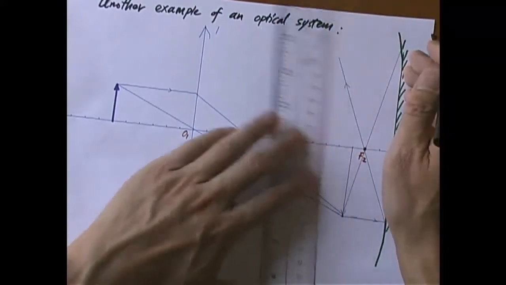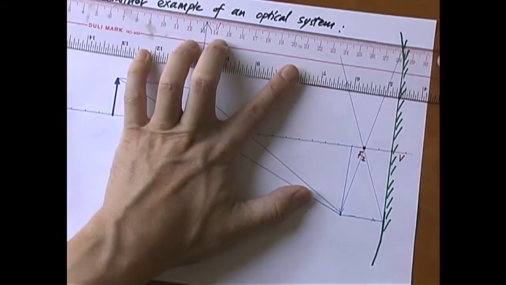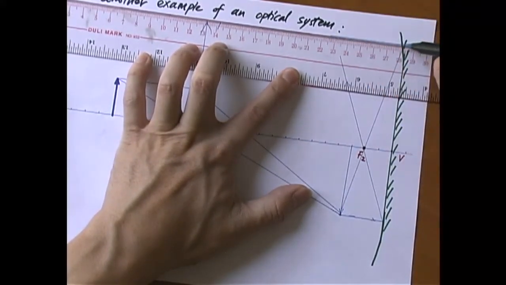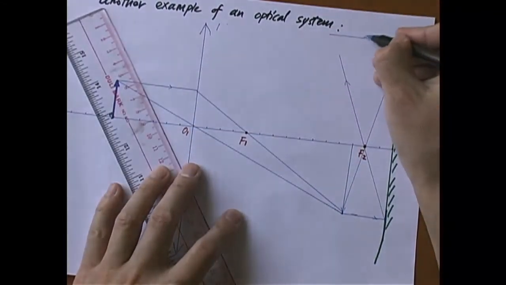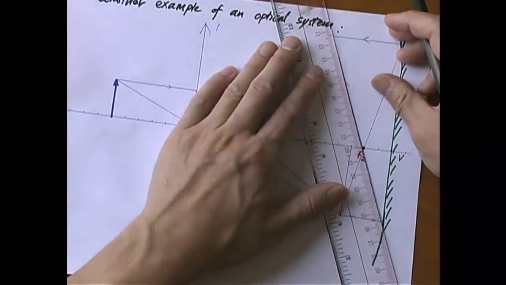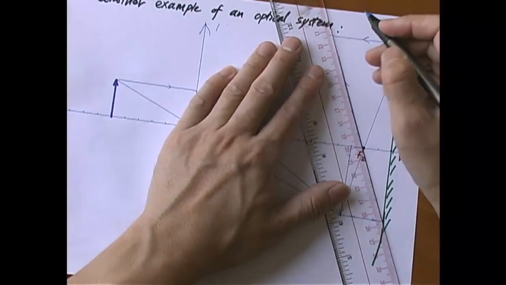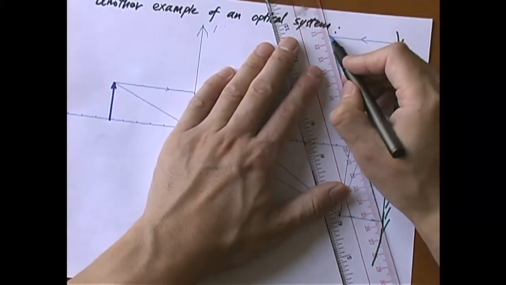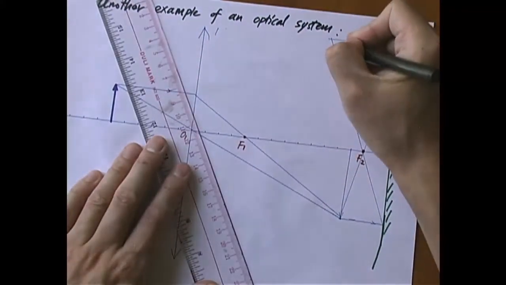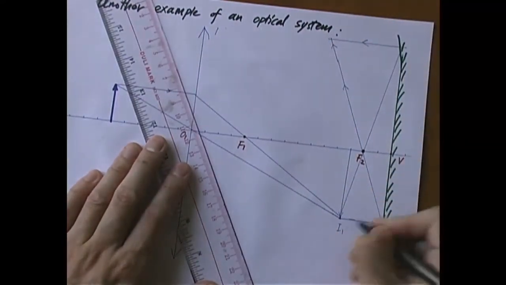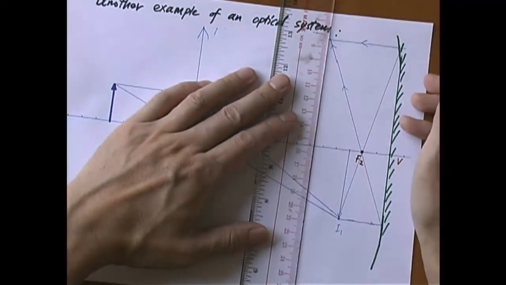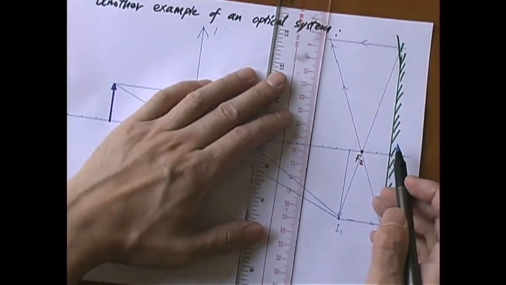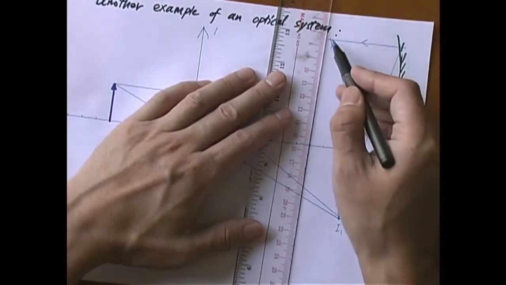And after that, it becomes parallel. It's kind of awkward to draw because it's quite big, but you get the idea. It's going to be somewhere here. That is the location of the second image, somewhere here. So this is I1 and this is I2. It appears that I2 is about 6 centimeters away